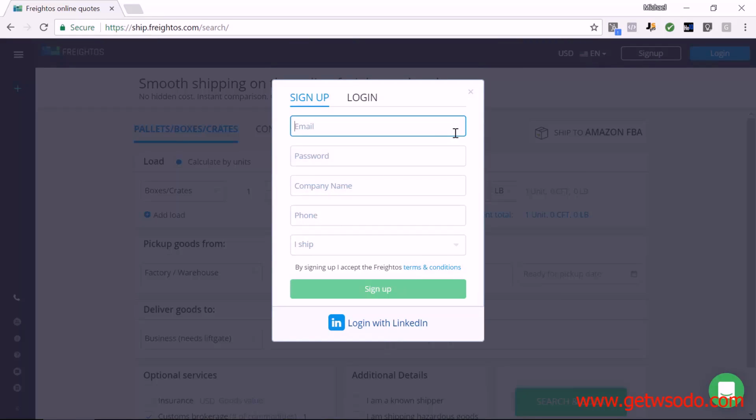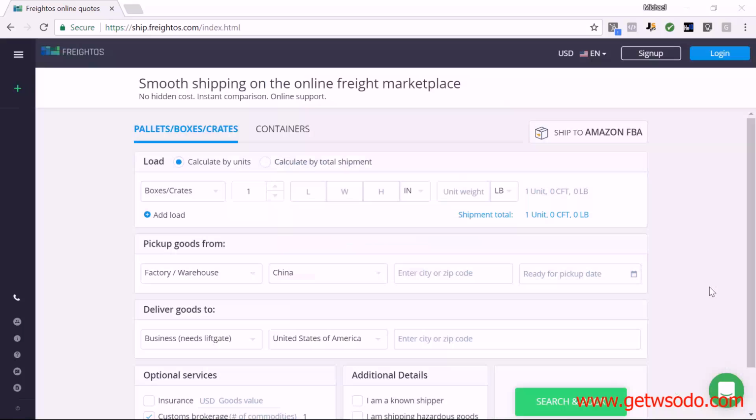It doesn't cost anything in order to use the Freightos tool. So I'm going to log in right now. And before we actually get our estimate, I want to point out a few things. So at the top, you'll notice 2 different options: getting an estimate with pallets/boxes or crates, or getting an estimate